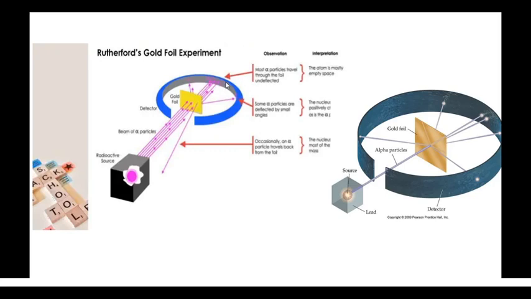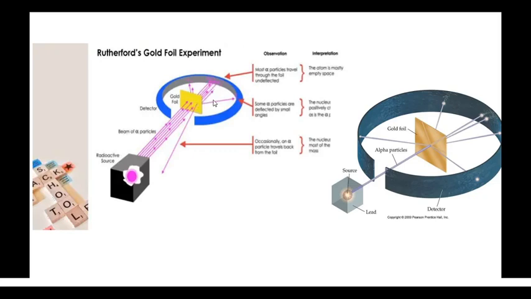So most of the alpha particles travel through the foil undeflected. What does it mean? Alpha particle has positive charge, isn't it? Whenever a positively charged alpha particle approaches the gold foil atom, it goes undeflected. That means the atom is mostly empty space. There is no such charge in the gold foil that makes the alpha particle get deflected. So we can consider the atom to be mostly empty space.